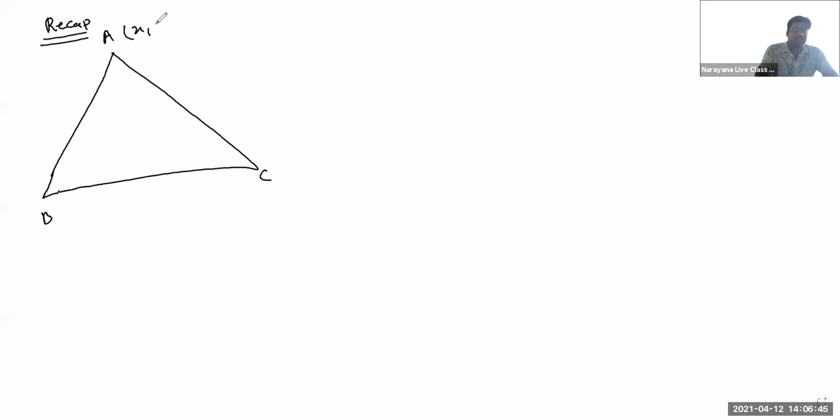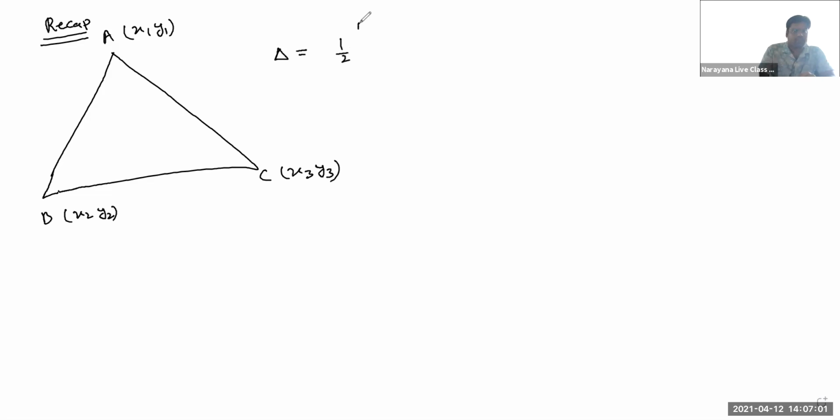What is the area of a triangle ABC? If the coordinates of point A are x1, y1, of point B are x2, y2, and of point C are x3, y3, then the area of the triangle is given as